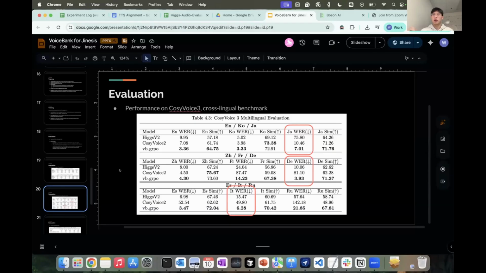And this is another kind of proof that our tokenizer or our encoder is really good. It could extract all of the features from different languages and let the LLMs learn all of them together in a unified format. Yeah.